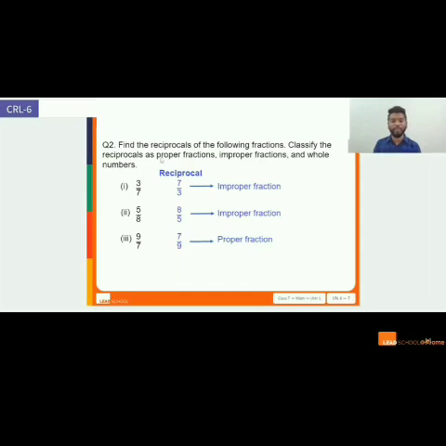My focus is on the reciprocal front for today, okay, because the activity or the video that we're going to see later has got to do with this concept. So make sure you're understanding the meaning of reciprocal. Reciprocal basically means for any given fraction, we interchange the positions of numerator and denominator. Alright, so that when we multiply these two fractions, we end up with a product as 1.